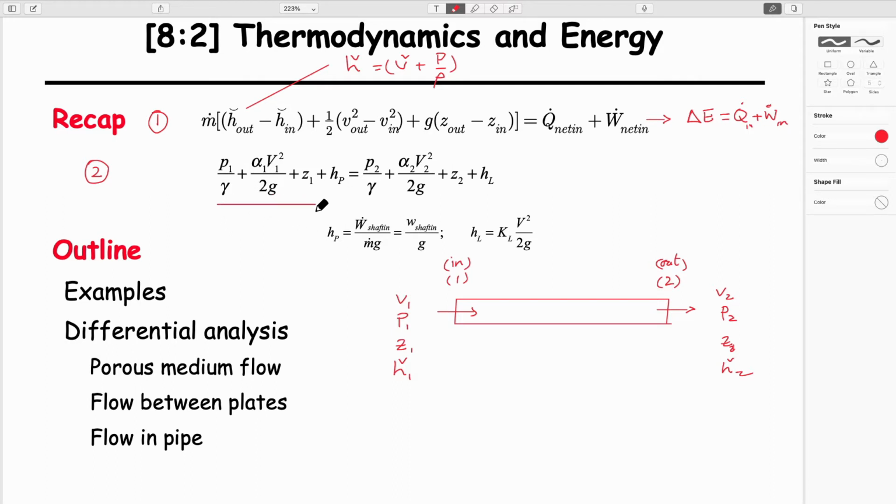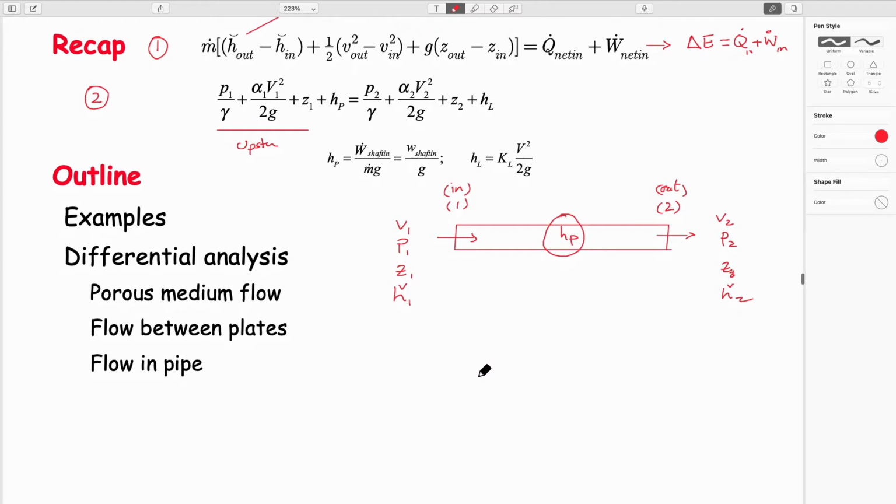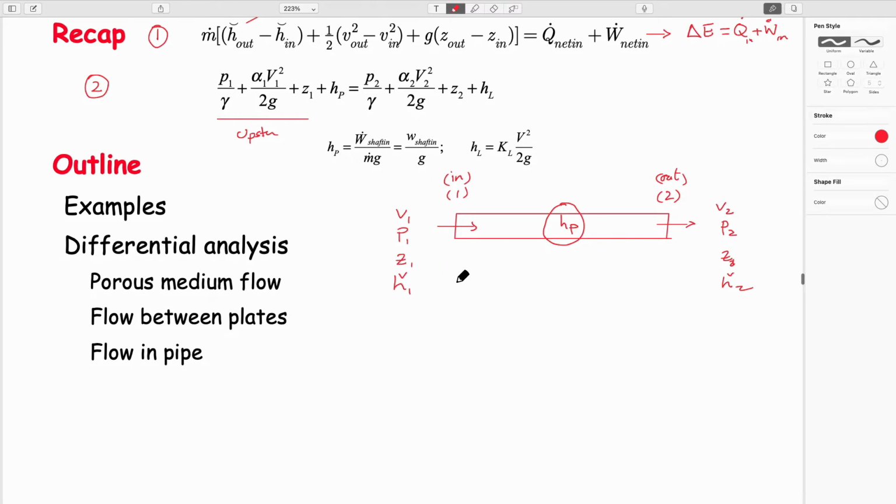Again, upstream, we talked about having work in here as a pump head. We drew this diagram in terms of these components: V1 squared over 2g, pressure over unit weight, and elevation. It's horizontal, so